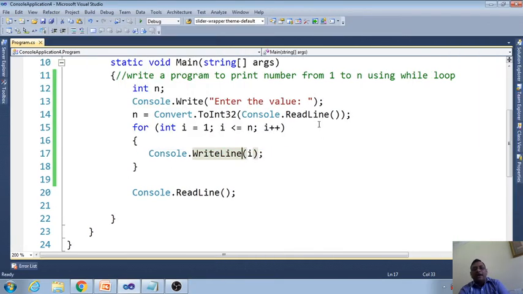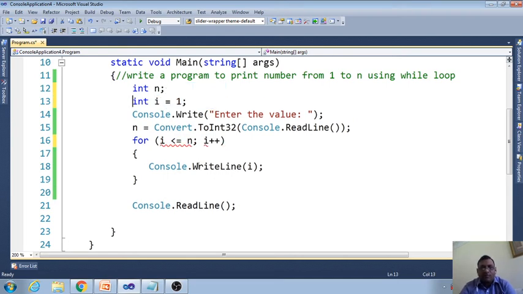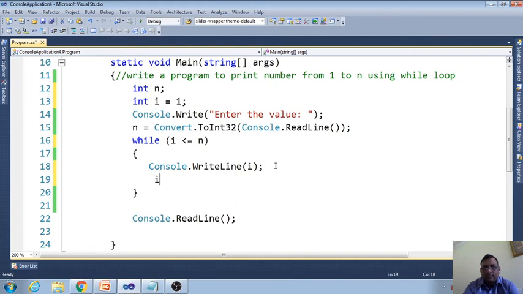Now for the while, what we are going to do, this initial value will go out. Initial value we will declare first, and here we will have while, and inside the while only the condition will be available. Remove this, and this will be i plus plus.